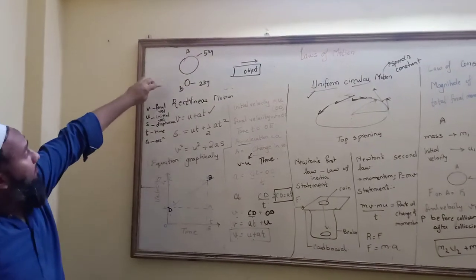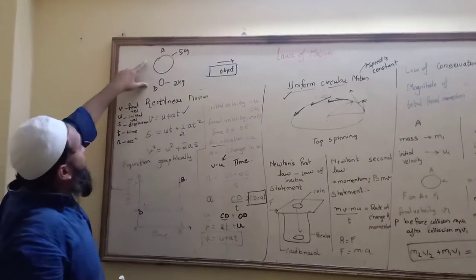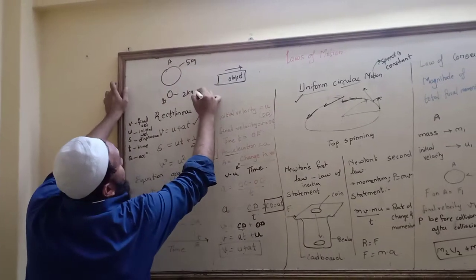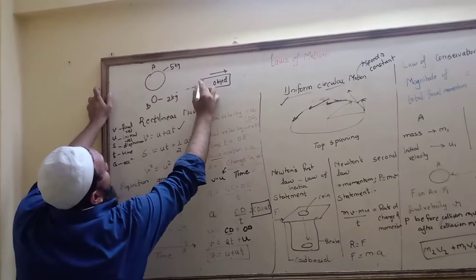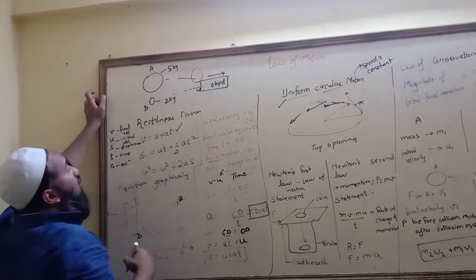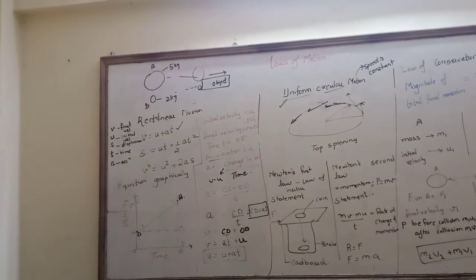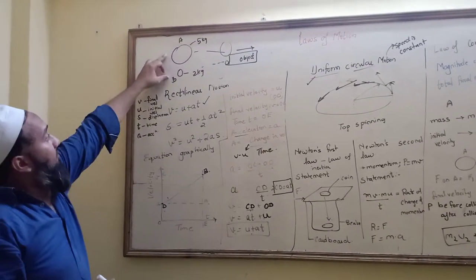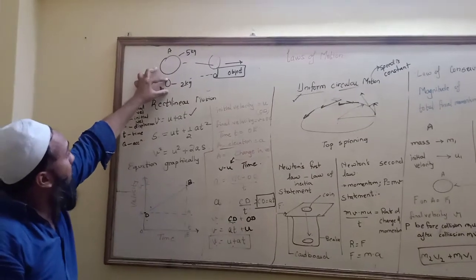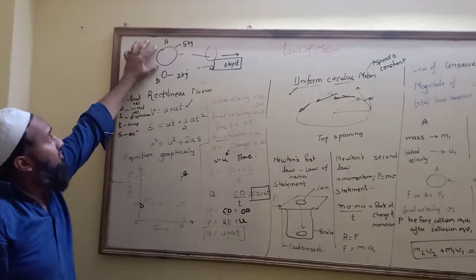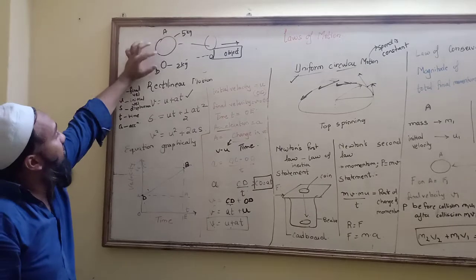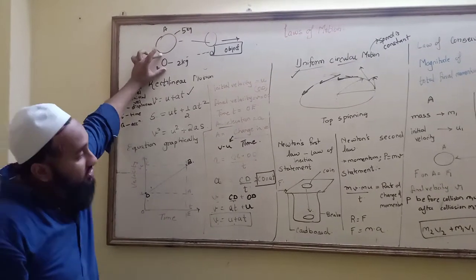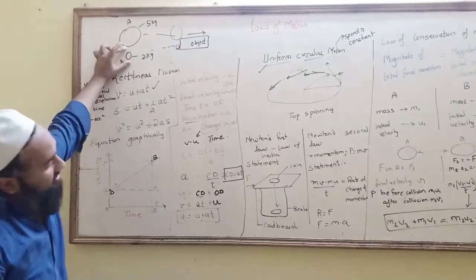I can move this object by both the balls. What I need to do is take this ball and hit it on this object. Now tell me one thing, where will I apply more force? Will I hit with this ball with more force or this ball with more force? Obviously with this ball. So depending upon the mass of the object, the force applied also changes.